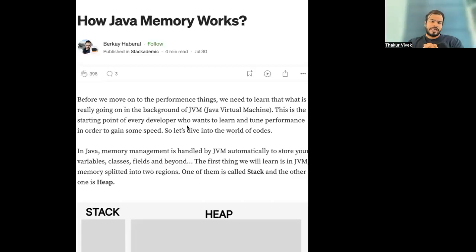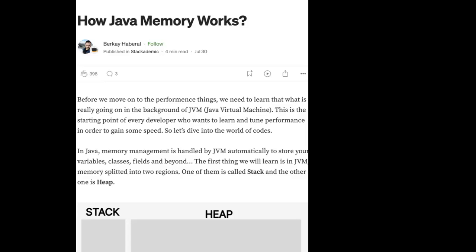Okay, so this article is about how Java memory works. We all know it basically, but let's just go with it and see what happens. They are also saying that before we move on to performance things, we need to learn the real background of Java. It's called the JVM. This will be the starting point for every developer, and how you will tune performance, how you will gain some speed, how you will take the first step